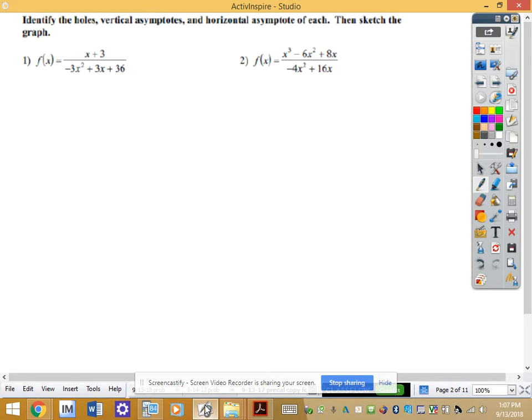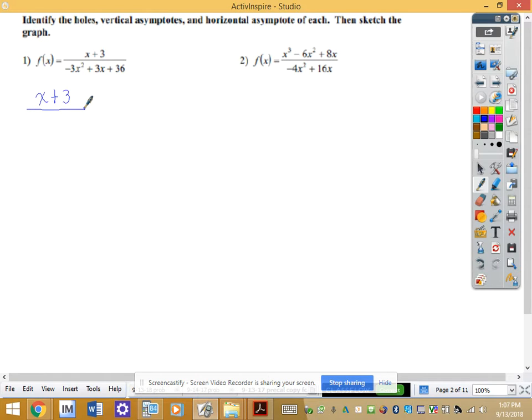This video is for the review for Unit 2. The first thing we're going to do is look at the problems where we identify holes and vertical and horizontal asymptotes. So on number 1, the first thing we need to do is factor out the common